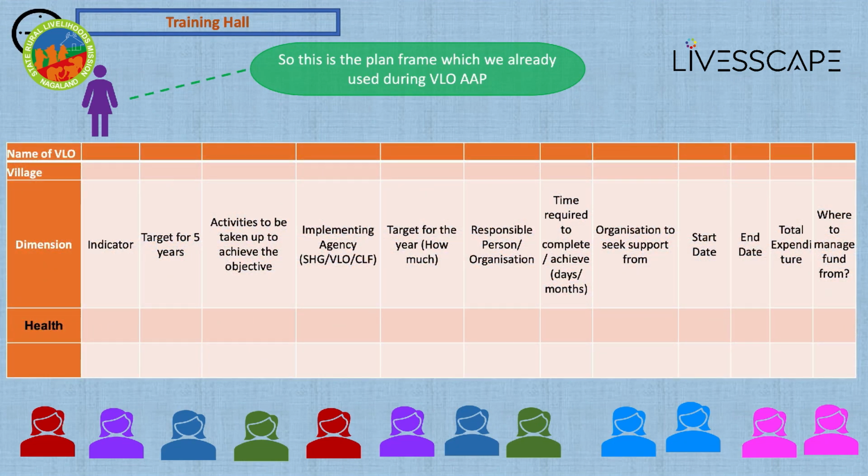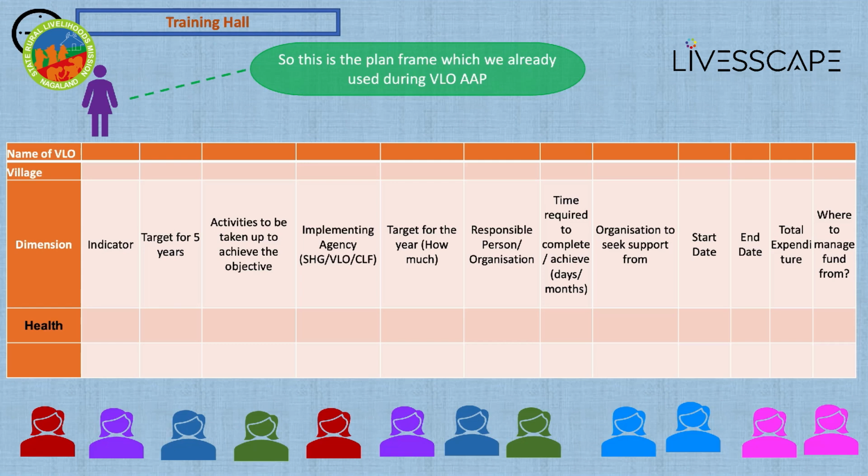Take a careful look at this format. This is the format which was used in the village level vision planning, and a very similar format will be used for the CLF level vision planning. So you can see you've got dimensions, then you've got the indicators, then you've got target for the 5 years, and then you've got the activities which would be needed to be taken up to achieve the objectives, which is the implementing agency, target for the current year, who's the responsible person or organization to do that activity,